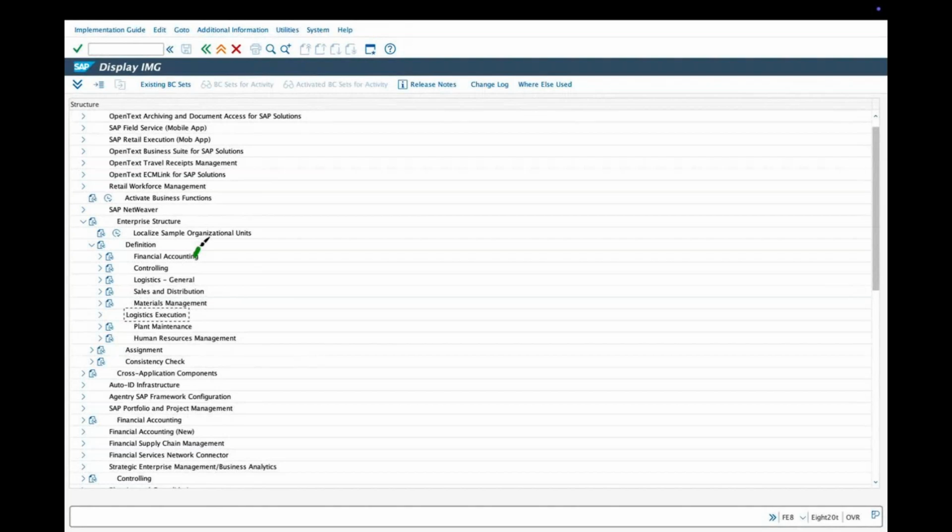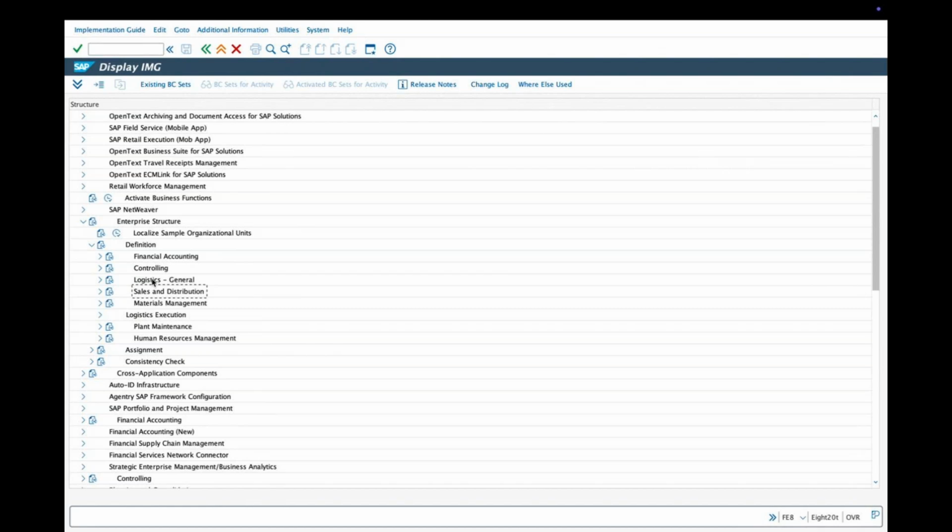Sir, can I do financial accounting now, then go to sales and distribution, then come back? Any way you can do it, it is a definition. But there is a high chance of missing something. So please finish these first, then come to logistics general, then go to sales and distribution, then go to materials management, then come to logistics execution. Okay. Thank you. One of you raised your voice and made me recollect the reason.